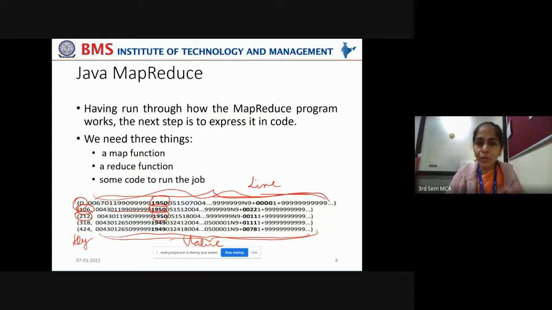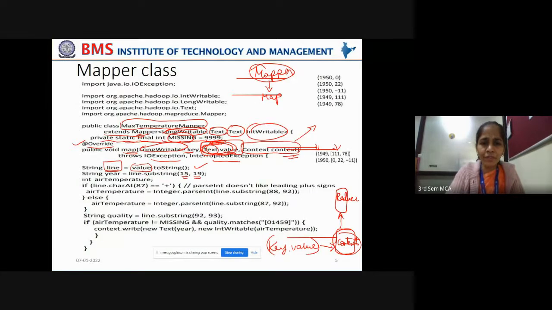So in order to take that substring out, you want to extract the substring year from the main string. For that you are using the substring function, and in this substring function you start at the location. It starts at the 0th location. So the year 1950 starts at the 15th character, 16, 17, 18.